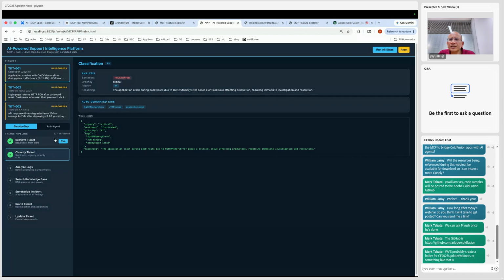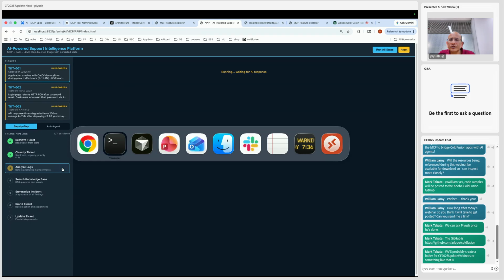So the first step basically retrieves the ticket. The second step is trying to classify the ticket based on the information that was contained in the JSON, and it's going to make a LLM call for that, and then the subsequent step basically requires it to